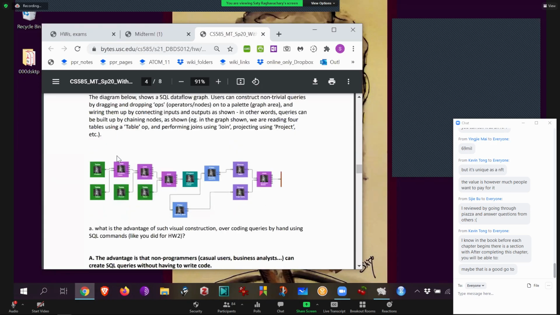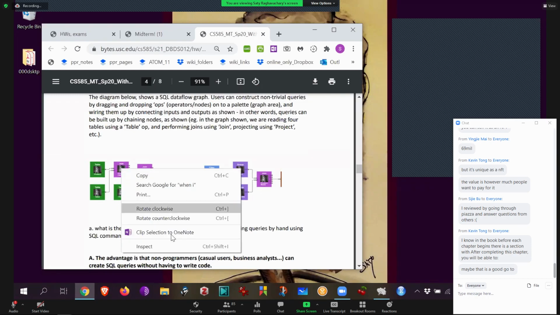This was not covered, by the way, last year. I didn't tell the students about data flow, but you should read this and be able to know what is happening. This looks like SQL. In fact, this looks like a SQL closure tree, because no matter what operations you do in SQL, you get tables, right? Which means you can sequence them. This is a real piece of software. It lets you drag and drop all these operations from a menu, okay? Like there's a table read operator, a join operator. So anything you want to do through SQL commands, you can do visually.